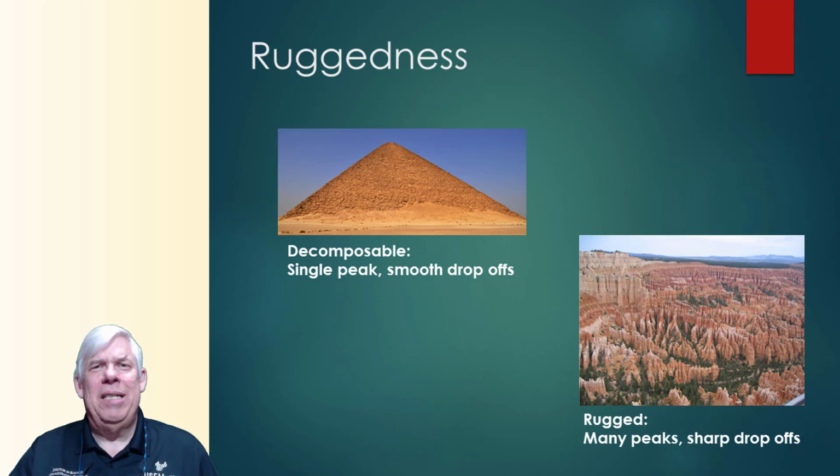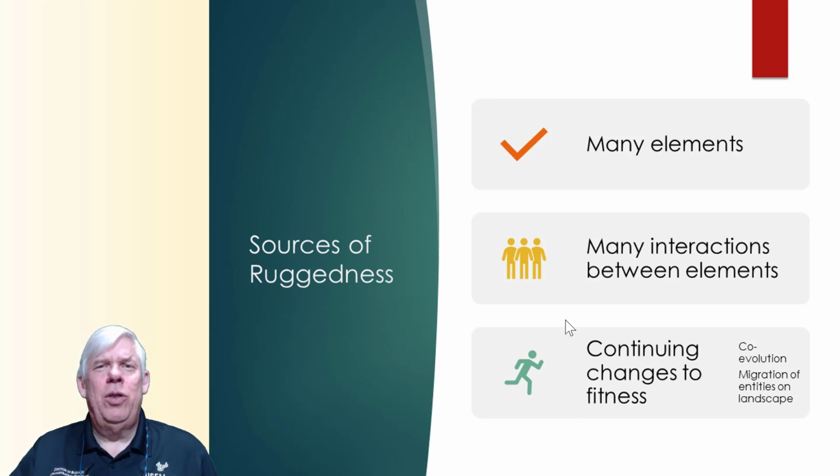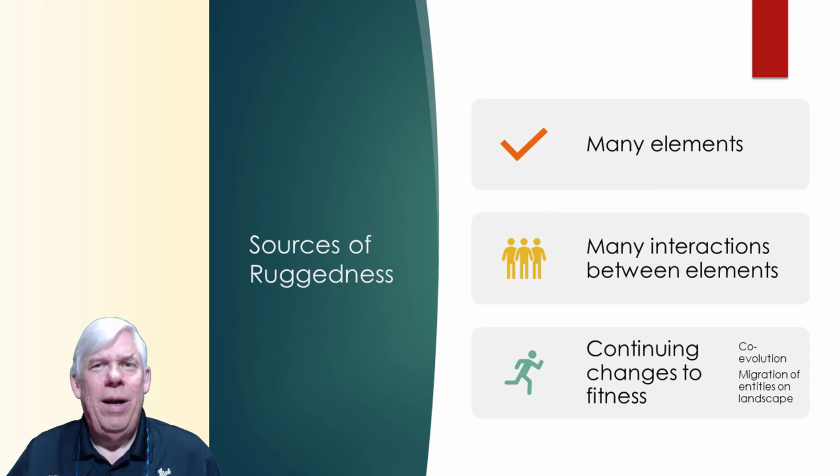And you're much less likely to worry about finding the sharpest peak than finding a decent peak and trying to hold on to it as the landscape changes. Did I just say continuously changing? Well, one of the things about rugged landscapes is that, for the most part, they are not static. A rugged landscape is typically produced when you have many elements that are interacting with each other.